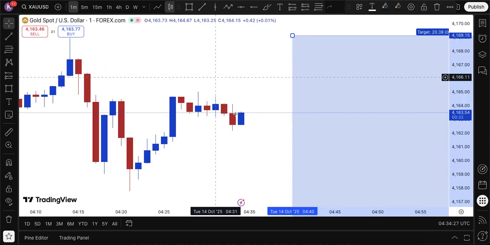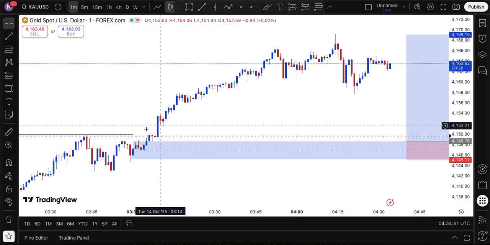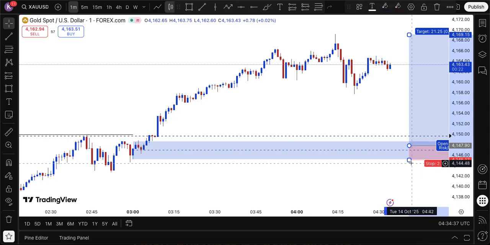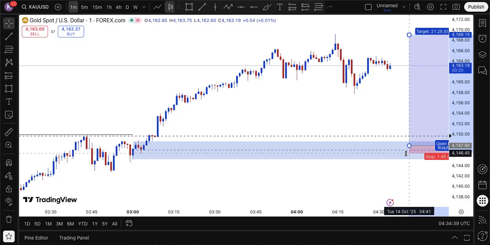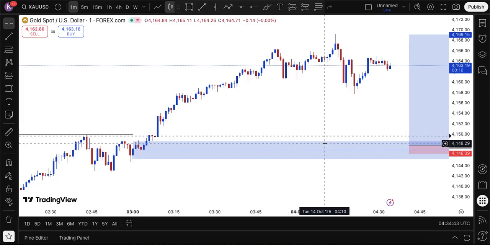Why you saw me reduce it that time actually was I noticed that there was another order block right here, which market might try to come and clear, and I'm just gonna put it here. I think I put my stop loss right below this, because chances are market's gonna come down.